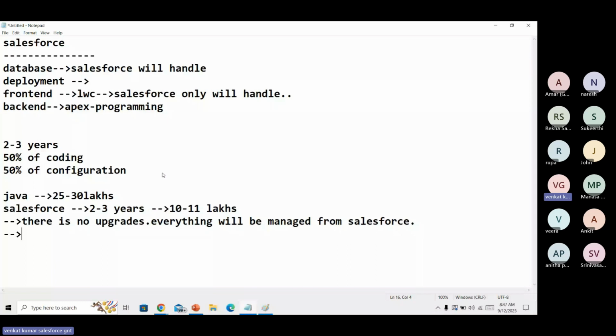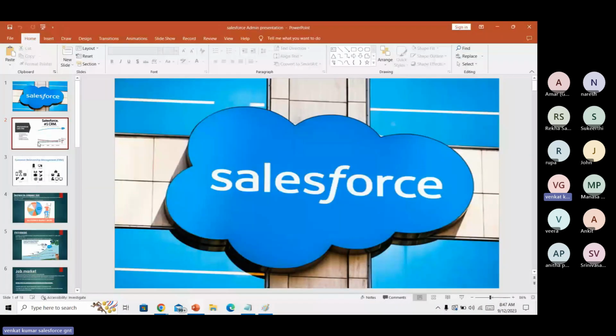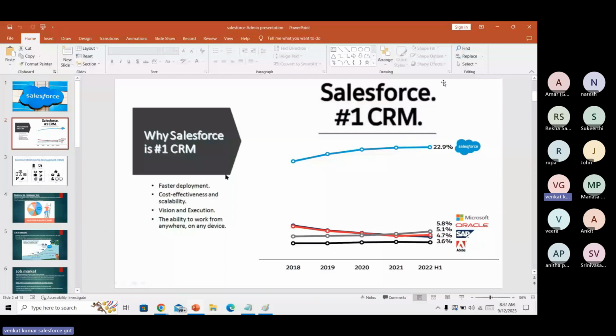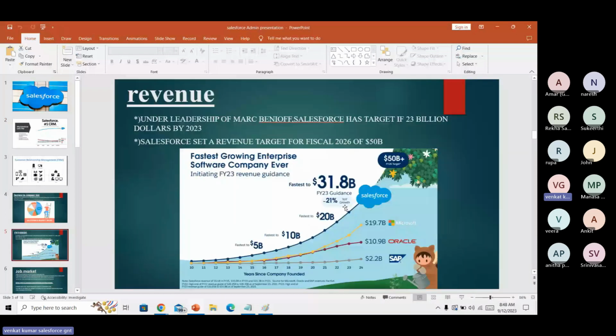Salesforce has huge advantages, and also customer interactivity. You can see the job market also. Among other CRMs, Salesforce has 22% market share. And you can observe 31.8 billion, according to 2023, is occupied by Salesforce.